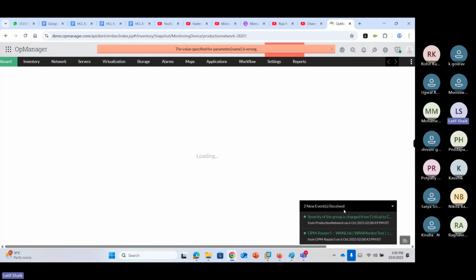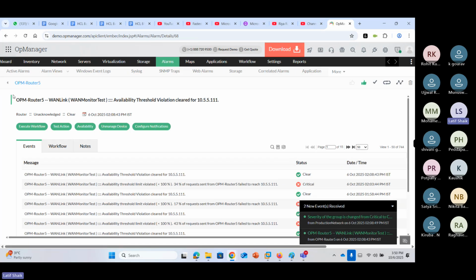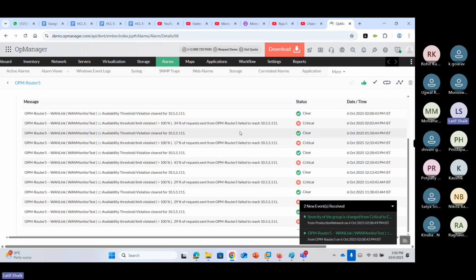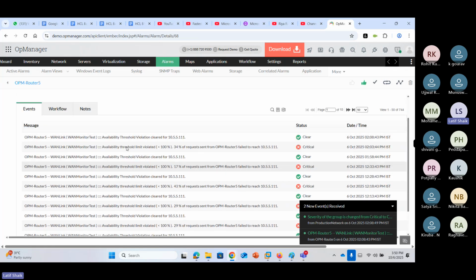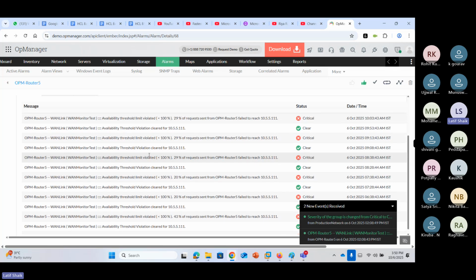Two new events are received. I selected this one, Router 5, WAN link. It shows threshold violation cleared for this. Clear, critical. This is the status; see, different events occur.